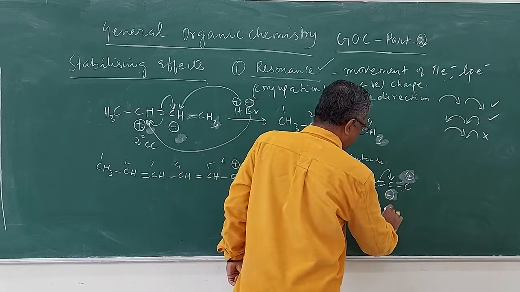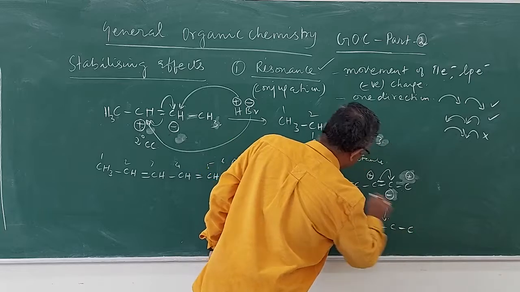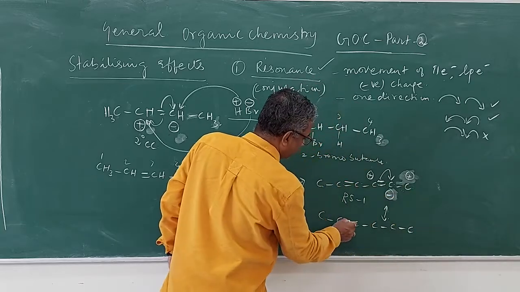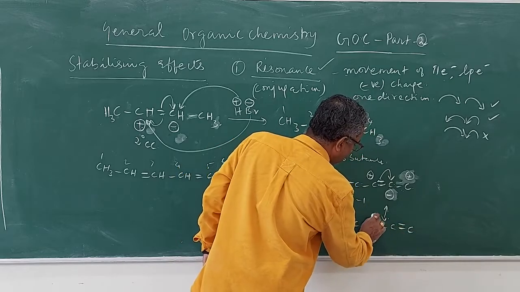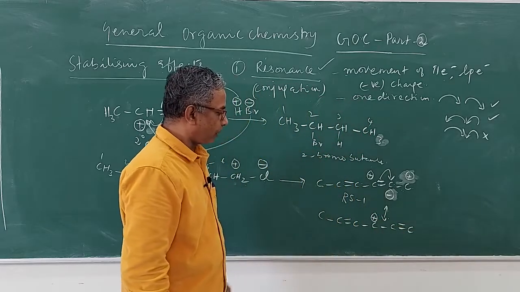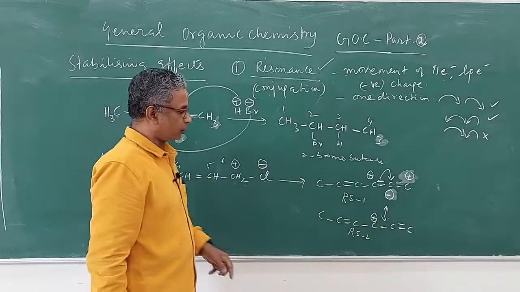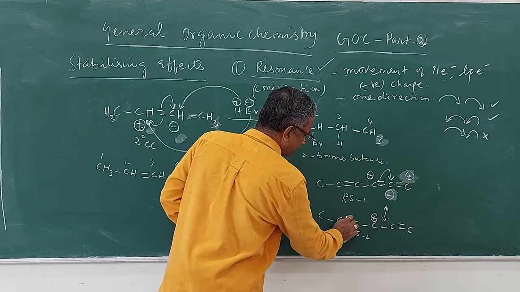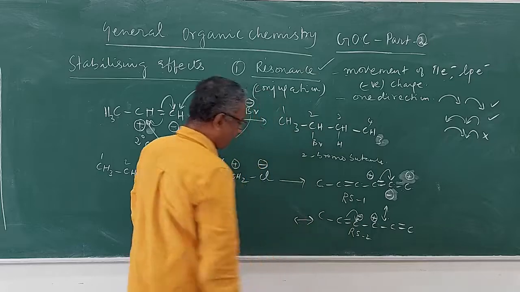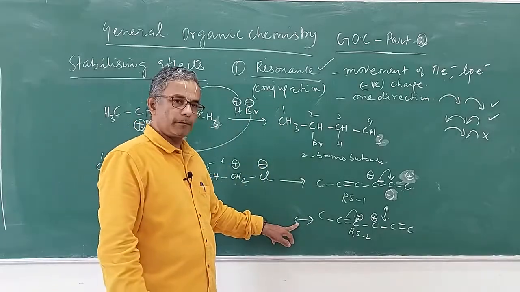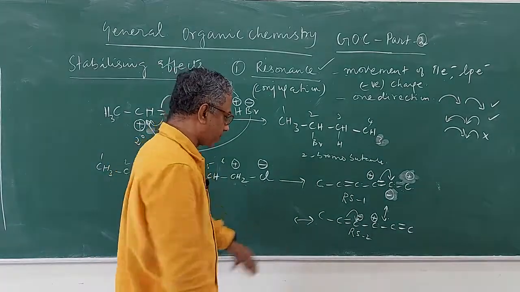So when you shift this bond, you will have 1, 2, 3, 4, 5, 6. So you have a double bond here. Since this is shifted here, you will have a double bond formed here, and this carbon will develop a carbocation. Now to stabilize this, this will be called resonance structure 2. Now this carbocation has to be stabilized, therefore this will get shifted here. So you will have the minus here, and resonance structures are indicated by a double-headed arrow in the equations.